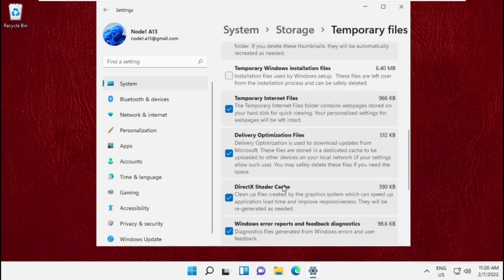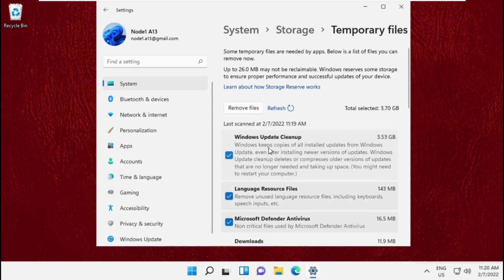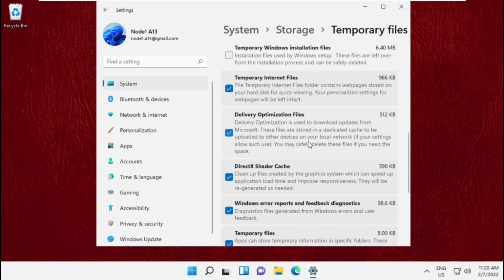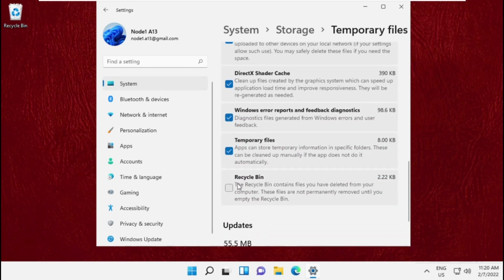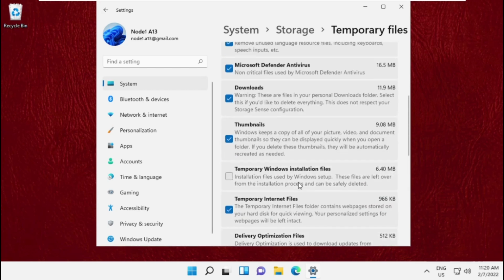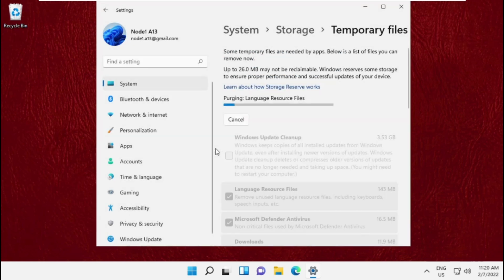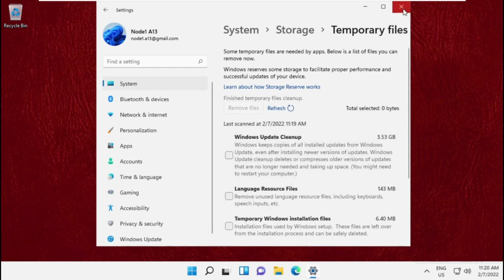Now simply we need to check this, uncheck this Windows update cleanup, and after that check the download files. Just follow my screen. Once you are here, click on remove files and click on continue. Once done, close this window